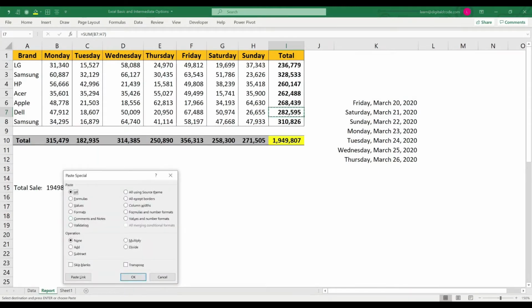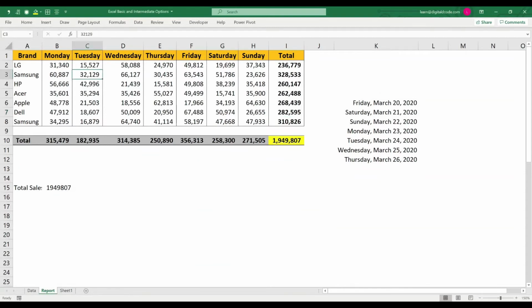that is comments. Assume I have a comment here. I have low sales due to low demand.